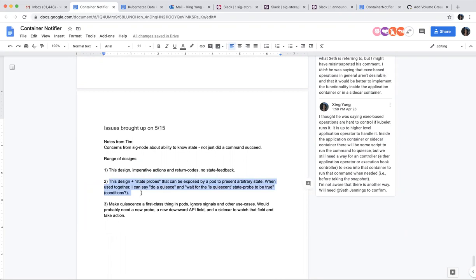But you guys see why they're concerned about this, right? They're concerned that having a very generic execution hook in the container definition will bring SIG Node a maintenance burden. Basically, you're right, Dave. What they said is that you can execute arbitrary commands against the container via this notification and notifier, and at the end of the day, we are the people who will bear all the burden and look into the problems and fix any problem, or prove that the problem is not from the kubelet side, it's actually from the application side.